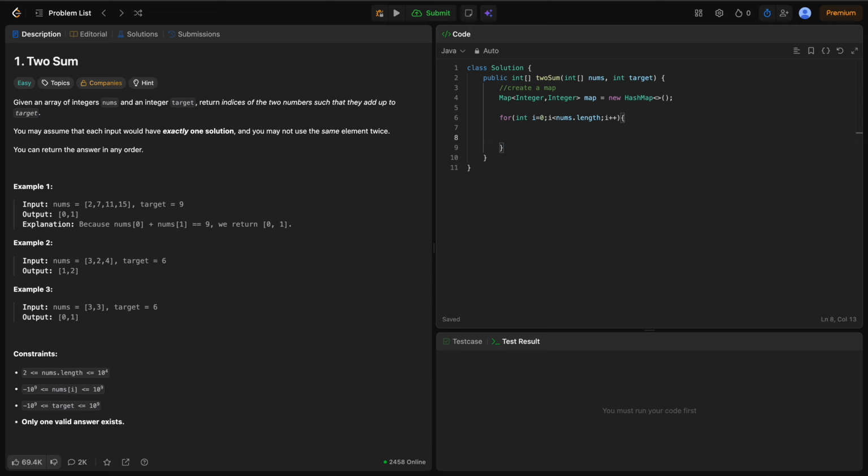So observe here, I need to check if that element is in the map or not. If map.containsKey, we need to check if this key is present inside the map or not, because whatever values we are seeing, we are storing them here as a key, right? So containsKey, and the value that we need to take care of should be target minus nums of i, right? This is the value that we